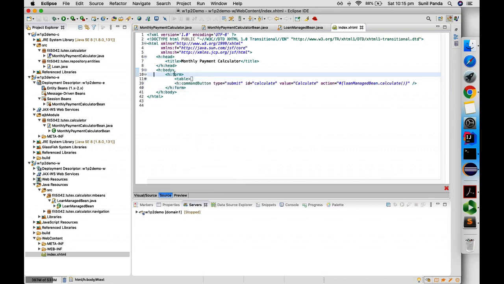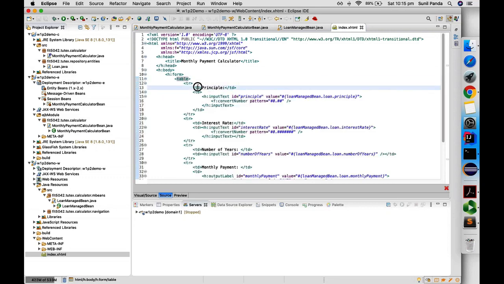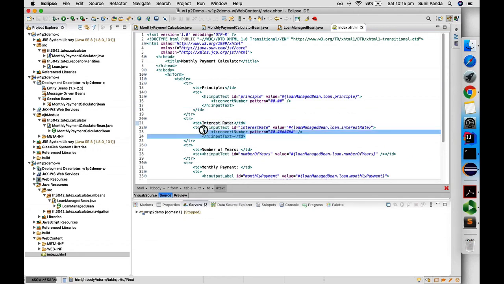The table has a row that has a label principal and another column that provides you an input box. Likewise, there is a second row with the first column interest rate, second column as